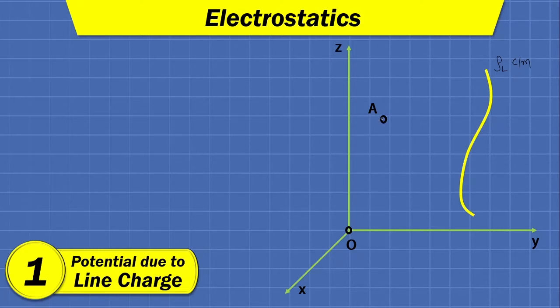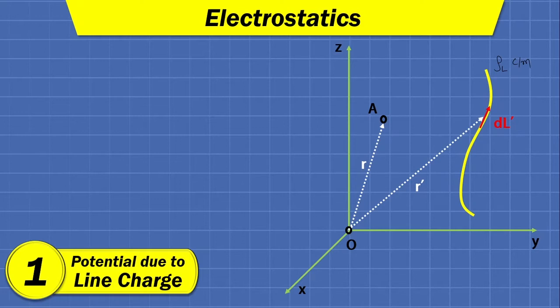And we have some point A at which we are interested in finding the potential. For that, what is the standard procedure that we have already discussed? First we assume a small length of line, called the differential length, or differential length charge. This dl prime will be the differential length, and then we represent both the point of interest and the small differential length by their position vectors. The position vector of A is, let us say, r, and the position vector of dl prime is r prime.